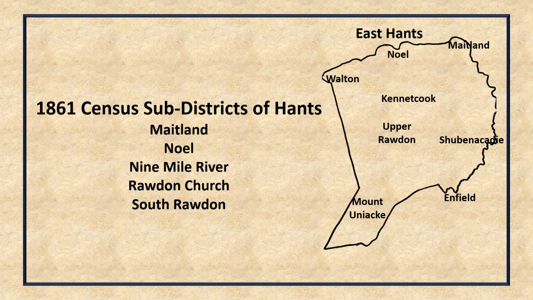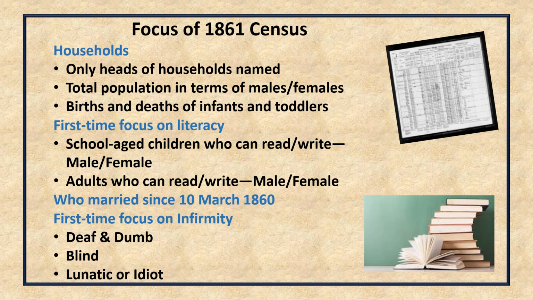By 1861, the focus had changed somewhat. First, the East Hants subdistrict of Hants included Maitland, Knoll, 9 Mile River, South Rawdon, and Rawdon Church. Family became the important focus, not the economy. Even so, the head is still the only person named, but other questions related to the family are asked, such